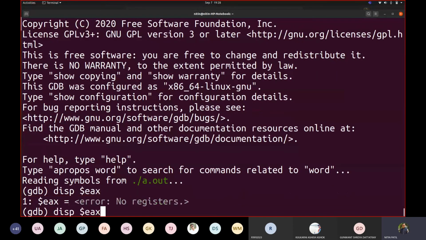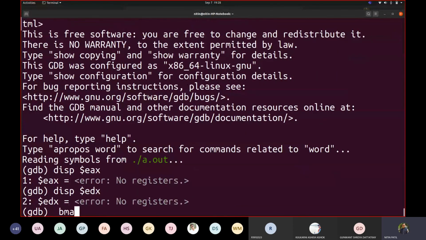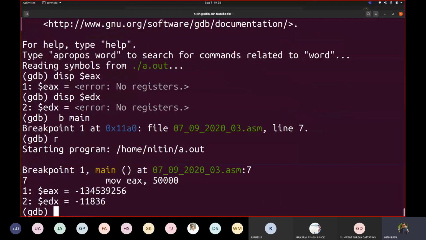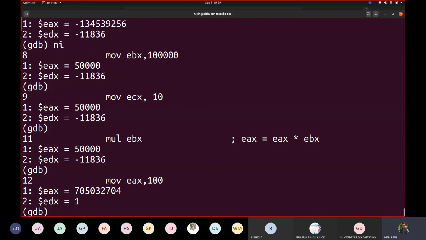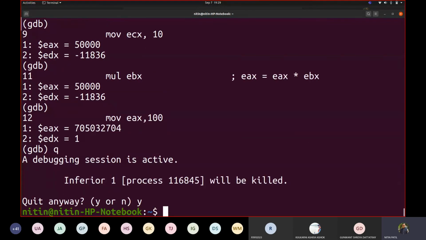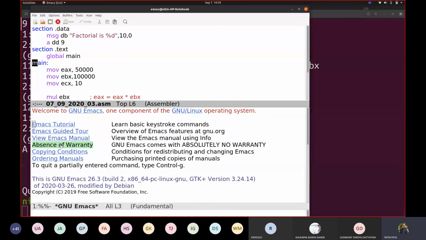Display $EAX, we will take only these two, breakpoint main, run, ni, and then you will see the value that changed with respect to EDX. EDX is containing 1. Why? Because the multiplication also crossed the limit of 32-bit. So let me make a change again with respect to the value. I will remove one more 0 from here.